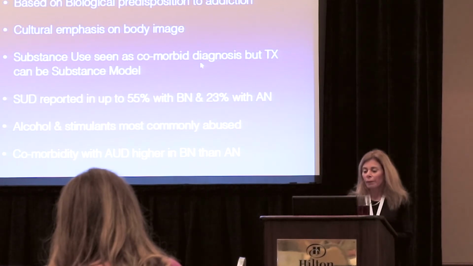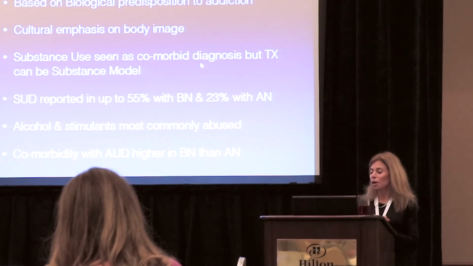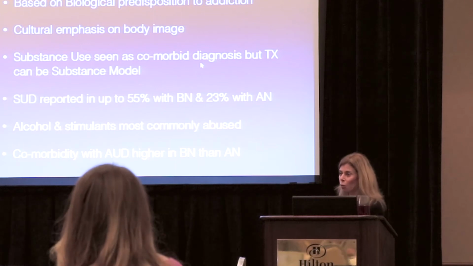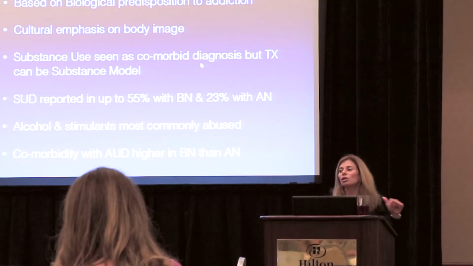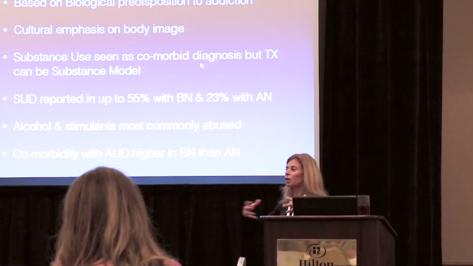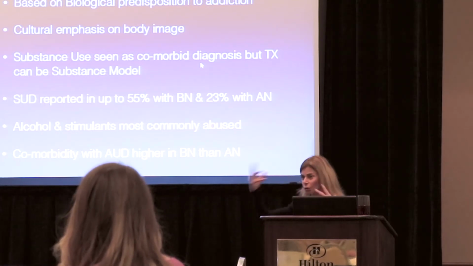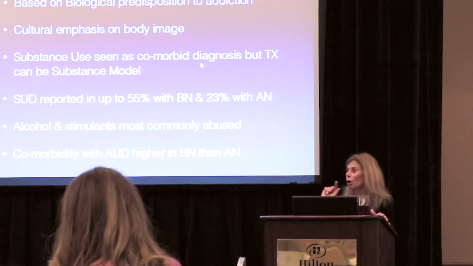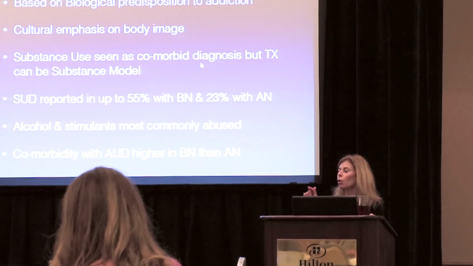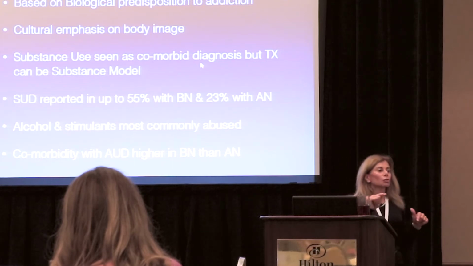Substance abuse disorders are up in 55% with patients with bulimia and 23% with anorexia, and you can figure out why. Anorexia is more inhibited, and so they're not likely going to drink and let their guard down. Patients with bulimia, because of the nature of bulimia, which is more expressive, more explosive, more unregulated, uncontrolled eating and then throwing up, have a higher link to alcohol use. And patients who binge report that drinking makes them more relaxed so that they can purge.